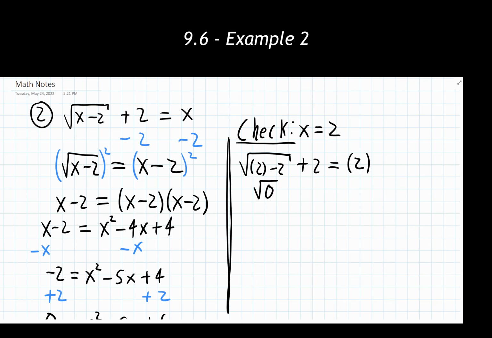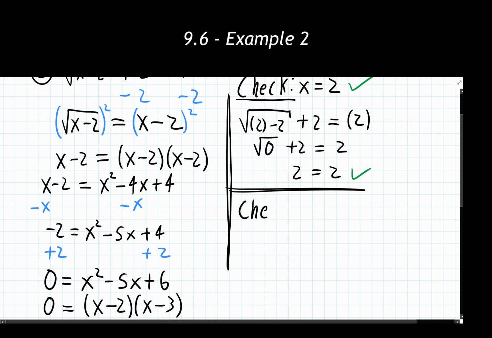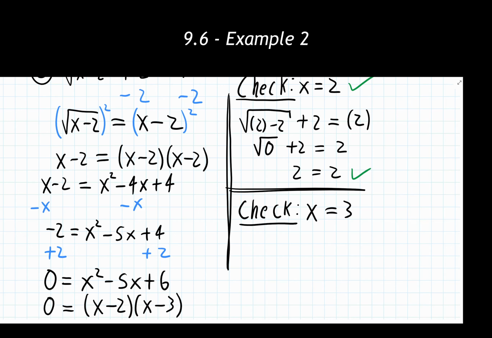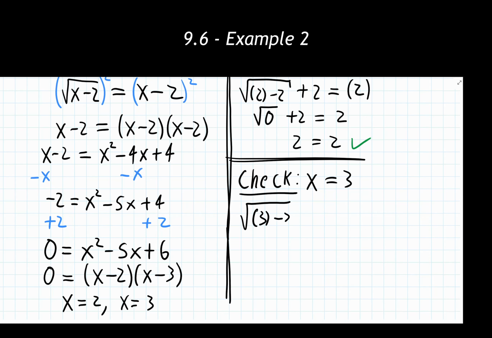On the left side, I have the square root of 0 plus 2 equals 2. And I'm getting 2 equals 2 here. So that's good. x equals 2 is an answer. Fantastic. Let's go through and check our other potential answer. We're checking x equals 3, I believe. Check here. Yeah, got the right thing. Always make sure you're plugging in the right number into these things when you're checking them. I've had the occasional time where I'll plug in a positive of something, and I should be plugging in a negative or something like that, and it goes horribly wrong. Don't make my past mistakes.